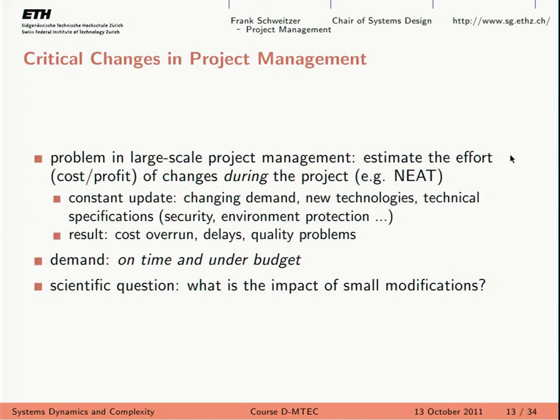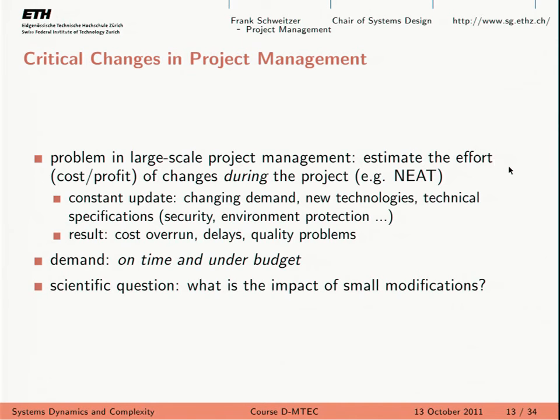New technology is being developed. New regulation standards are being established. So suddenly, your project needs to be, let's say, more environmentally friendly. And you only realize this when you're in the middle of that project. Or let's say your customer wants to incorporate a new technology, like in the example we're going to see. So this kind of small, I mean, if you compare it to the scope and to the resources of the project, these kind of small changes, what is the effect of these small changes on the project? And the example that we're going to see is going to illustrate perfectly these small changes in court.